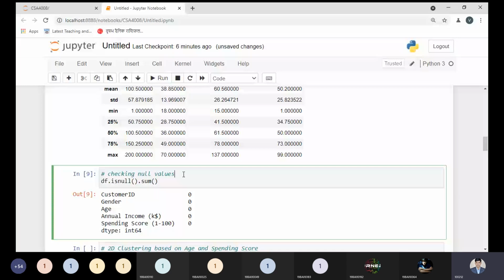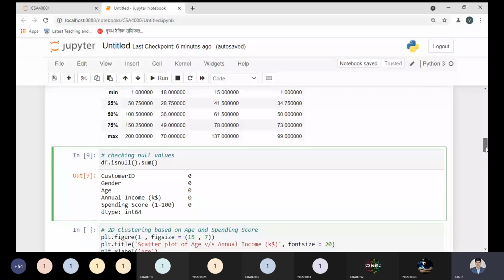So this is another method by which we can check if we have any null values, and see how many null values we are having. Okay, this is a good point. And suppose we have a huge number of null values, we can discard them, it's a better idea. Or it's up to you, if you want to fill, you can use the fillna method. Now, any doubt so far? Please tell me right now. Any doubt? No, sir. Okay.